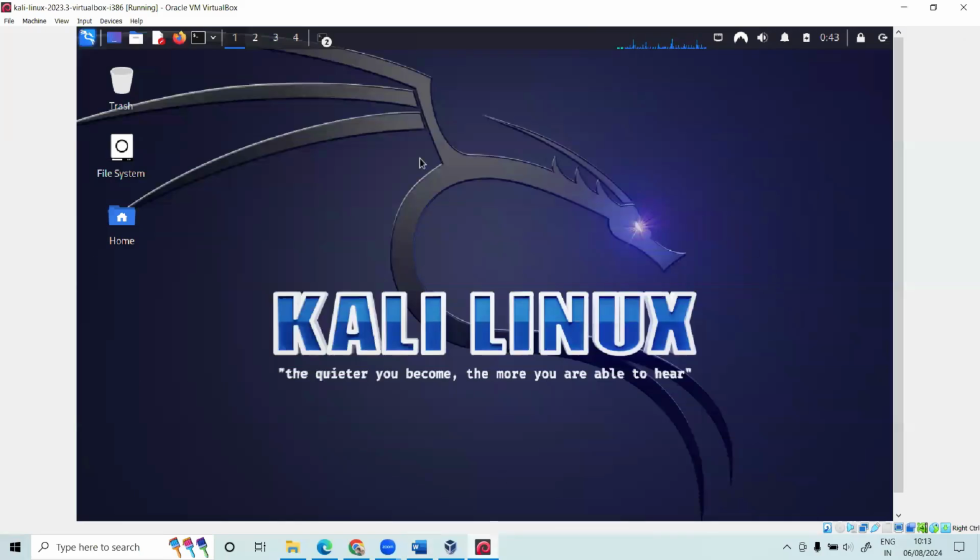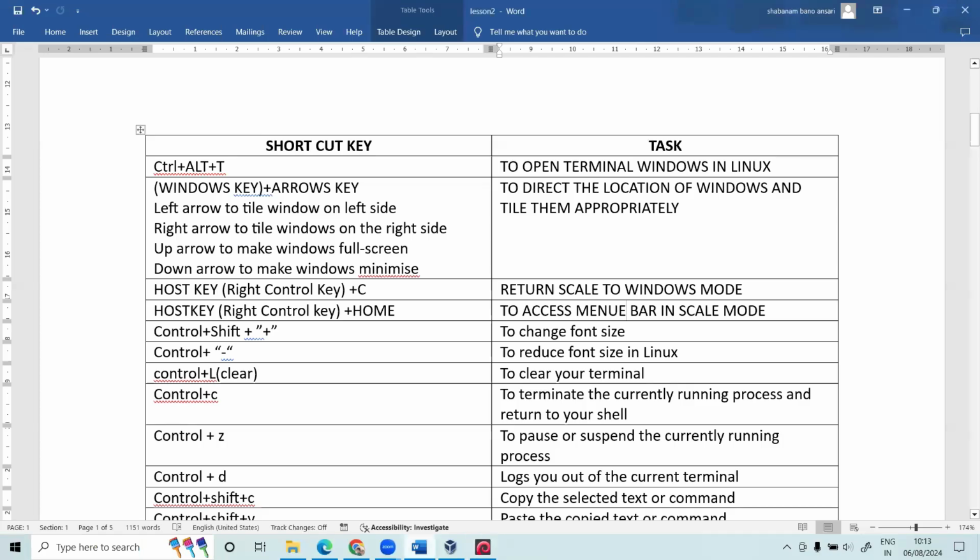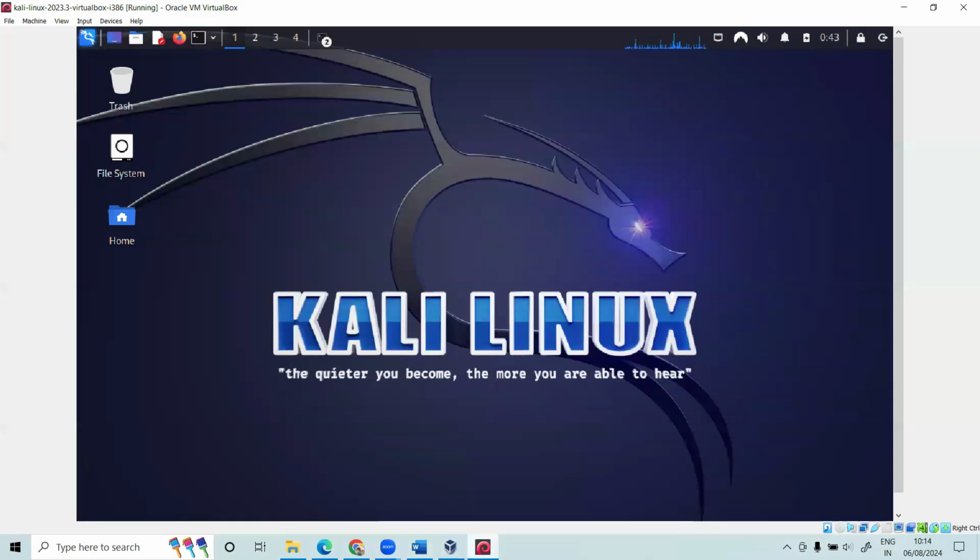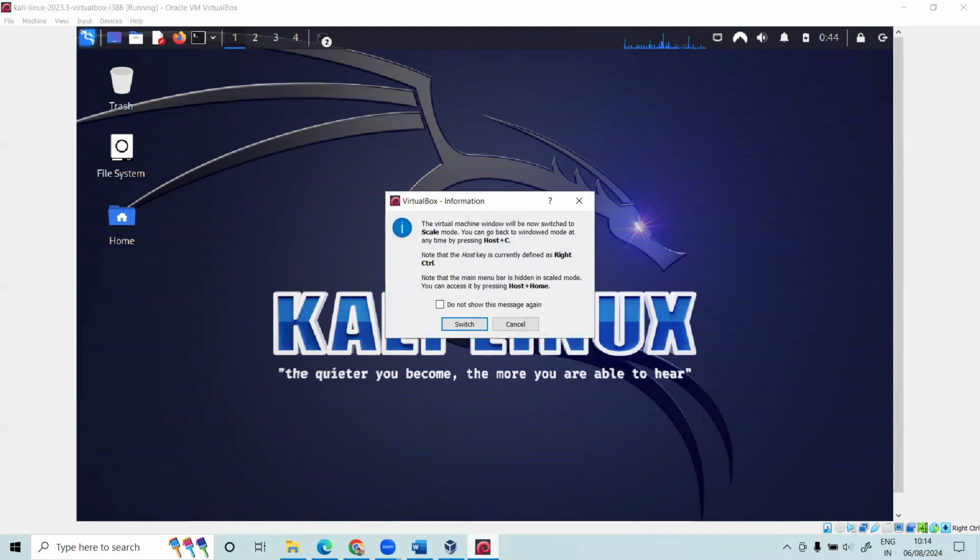For example, this is the window mode. If I want to go from window mode to scale mode, then I can simply press right control key plus C. Let's see. Right control plus C. So it's asking, see, a virtual machine window will now be switched to scale mode.